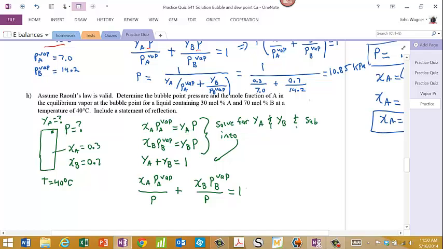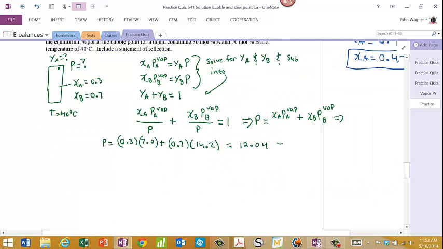We have the same temperature, so we're going to have the same vapor pressures as in the previous part, with the vapor pressure of A being 7 and B being 14.2. And again, we'll use the